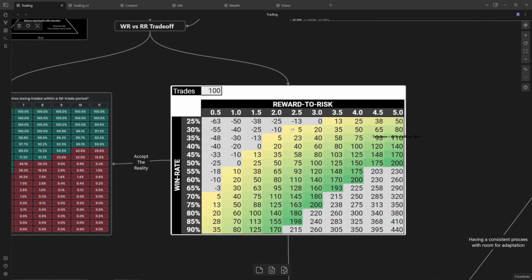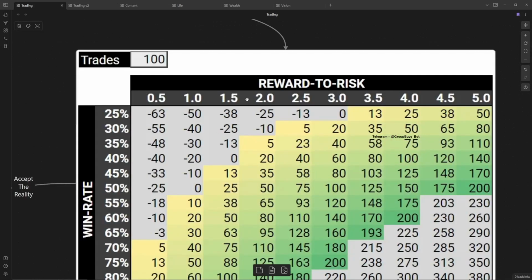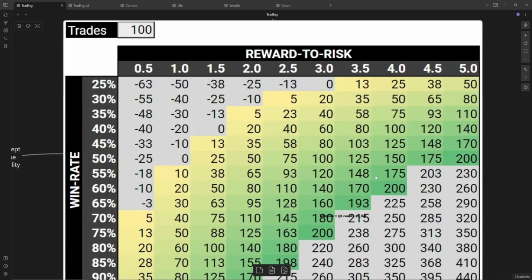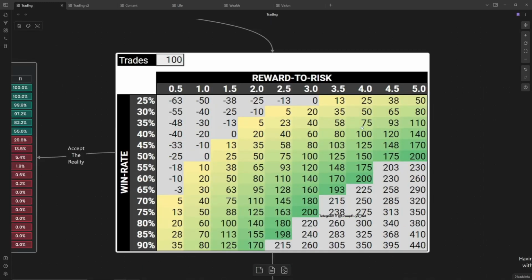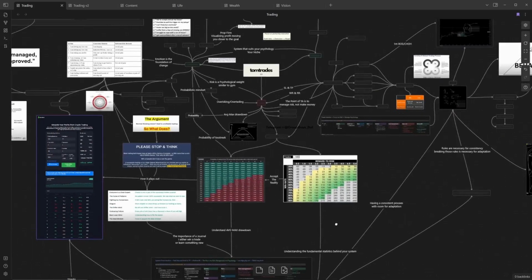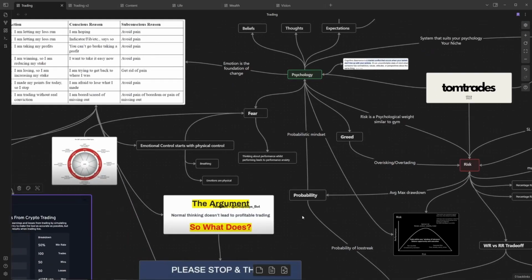But you can also adapt that to your psychology. I trade 1.5 risk to reward because I'd rather close a trade early and see it go into profit than see it reverse on me. And I'm a bit impatient. If you're targeting higher risk to rewards, you're accepting the pain of seeing it reverse, and I'm accepting the pain of closing early and seeing it go on without me. You can't avoid pain in trading, but you get to choose it, which is still pretty good.